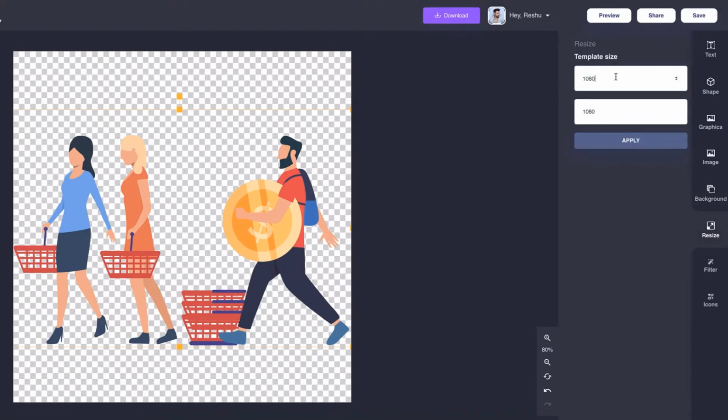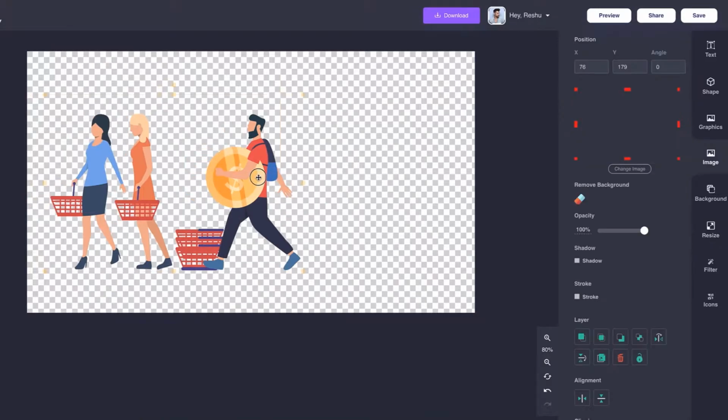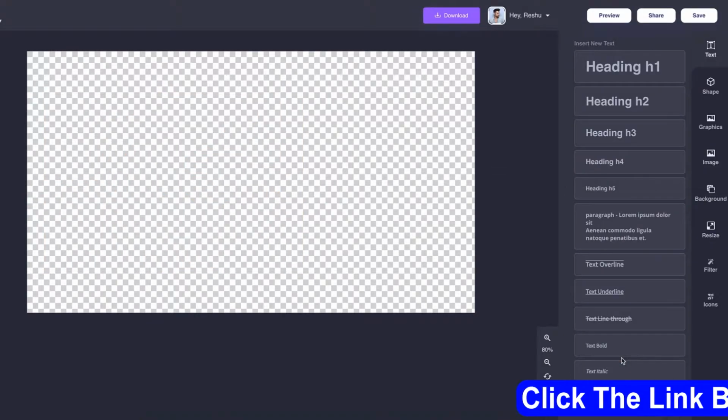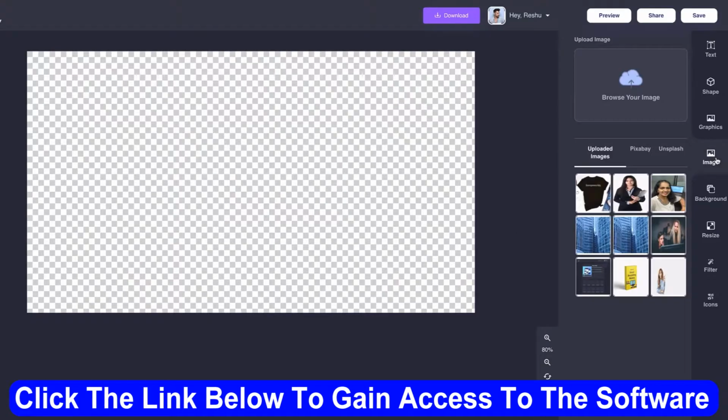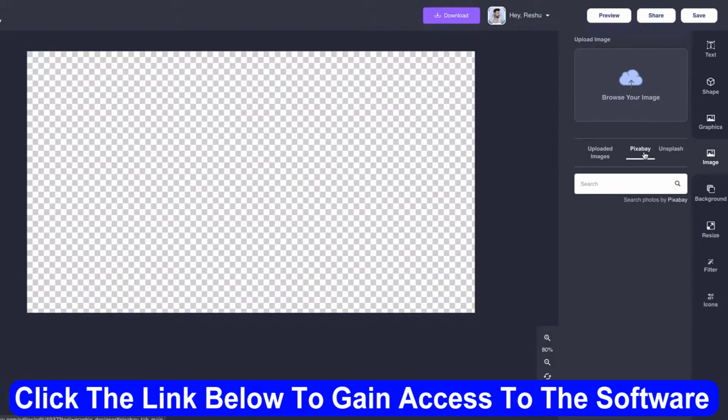You also get the resize option. You just have to put your new size over here and click on apply. It will get resized. Apart from that, I would also like to introduce you to our image option, where you can upload an image. You can choose an image from our library of millions of copyright free images.